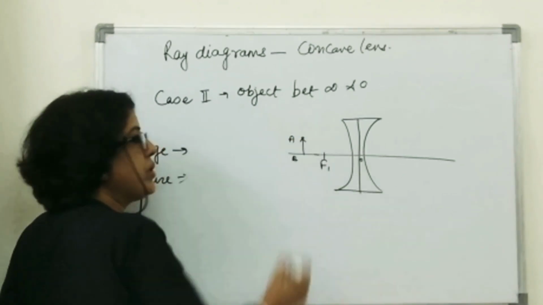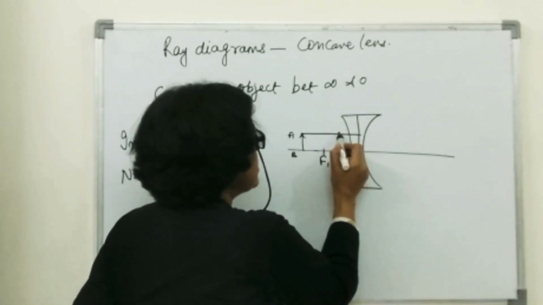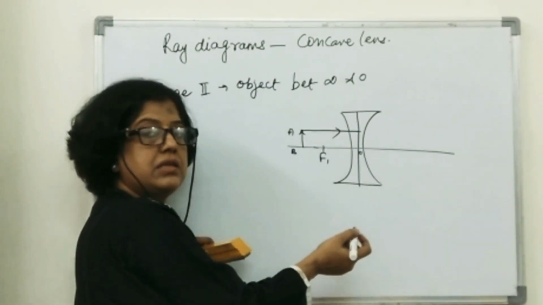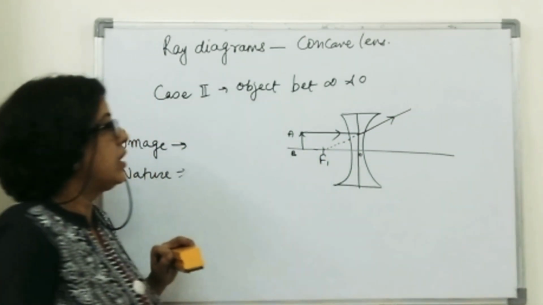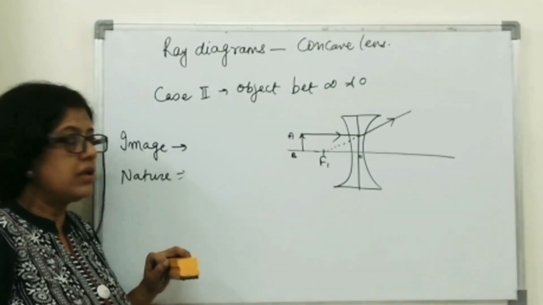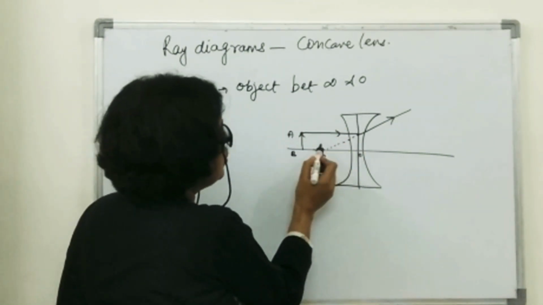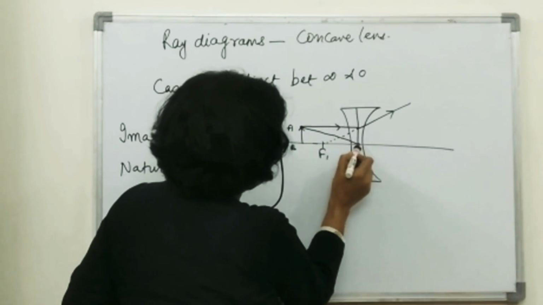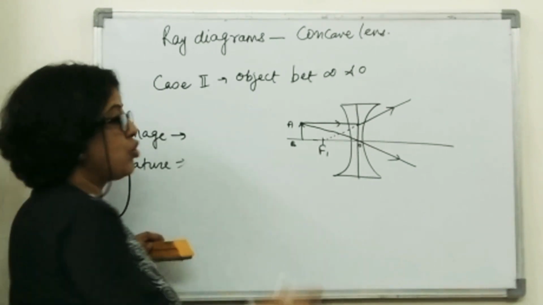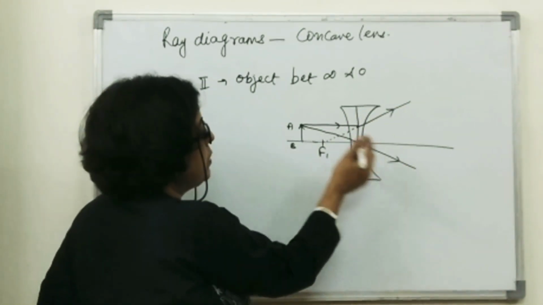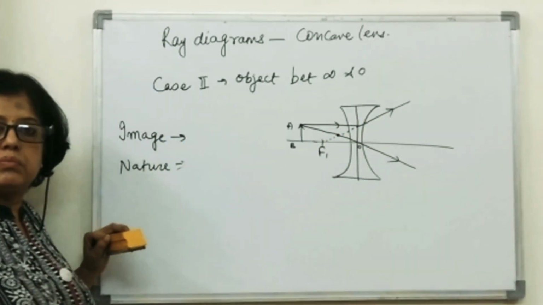From point A, we draw 2 incident rays falling on the lens. Fine. So let's say one incident ray is this, parallel to principal axis, and we know how it will be refracted. It will be refracted like this. It diverges and appears to pass through focus. This is one incident ray. We have to draw another incident ray from point A. Another incident ray we can choose passing through O, optical center, and we know this ray will go straight without deviation. Where are these two rays meeting? They are not actually meeting. They cannot meet, obviously, as is visible. So they appear to meet. If we extend this ray here, the two appear to meet at this point.